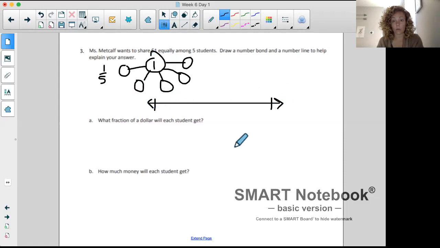This is going to be 1 whole, right? I'm decomposing 1 whole dollar. If that is 1 whole, this is 0. Now, 5 equal parts, this needs to be partitioned into. That means how many lines to make equal parts? 4. So we're going to go 1, 2, 3, 4, and then label 0/5, 1/5,